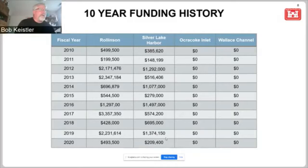2019 for Ralston, we're working to try to get disposal locations, and the state park service is working to get permission to dredge and put beach compatible sand on the beach. That's one reason we weren't able to use that. But for Silver Lake Harbor,